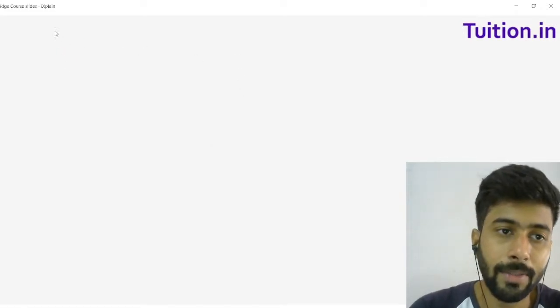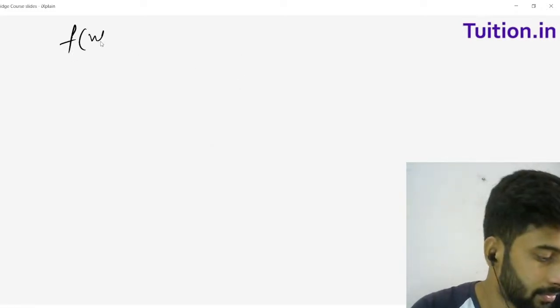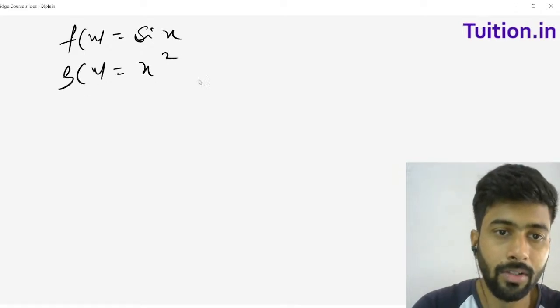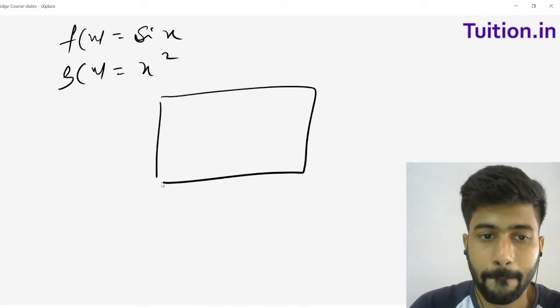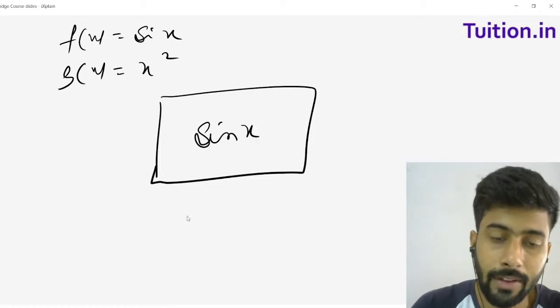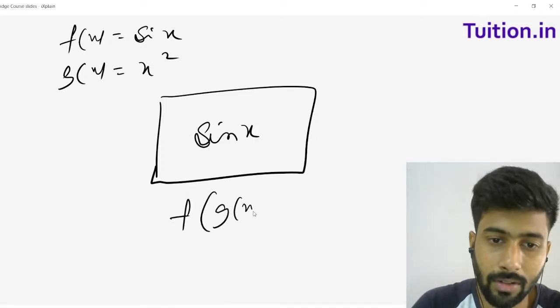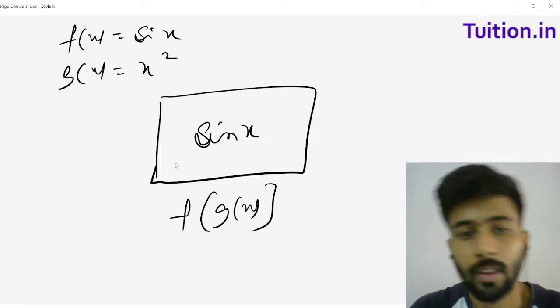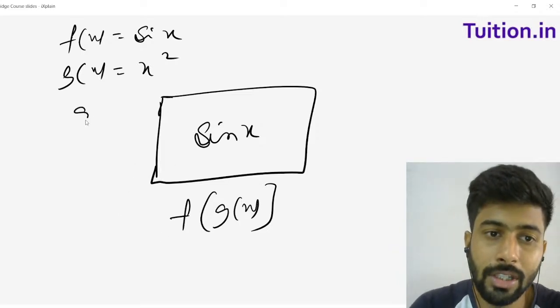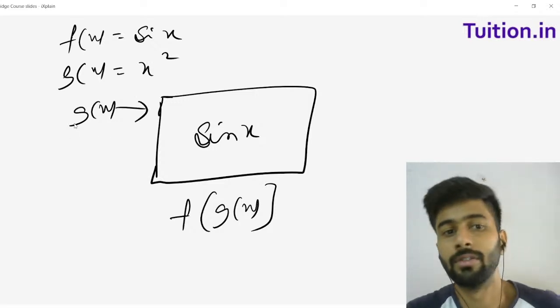So f(x) was my sine x, g(x) was my x square. So my black box is sine x. If I want to draw f of g of x, what will I have to do? Instead of giving x as input to this, I will give g(x) as input to this function,